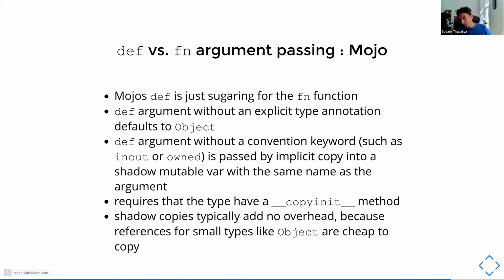Def versus function argument passing, right? Mojo's def is just sugaring for the function. So in Mojo, when you write def, what Mojo is doing behind the scenes is imagine injecting these little argument type messages. A def argument without an explicit type annotation defaults to an object. When you don't give any type, then it's going to be the basic object. And without a convention, as in out or borrowed, it's passed